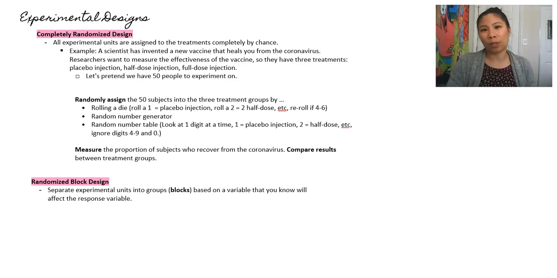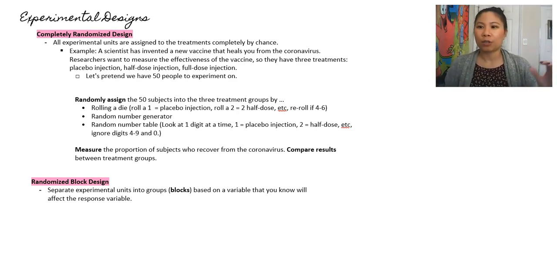So I'm going to have one block that's all males, one block that's all females, and then I'm going to test each of the treatment groups or each of the blocks separately. So it's like running separate experiments here. So with my male block, I'm going to give them the 3 treatments that way, and then I just compare amongst the males. With the females, I'm also going to give the 3 treatment groups to them and randomly assigned as well to the different treatment groups, but then at the very end, I'm going to measure and compare just